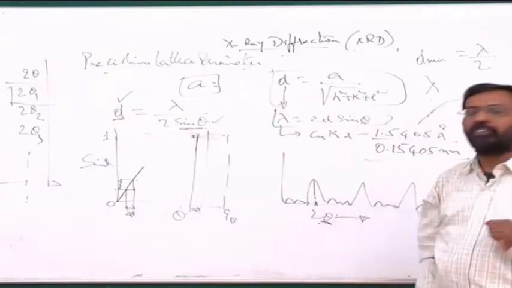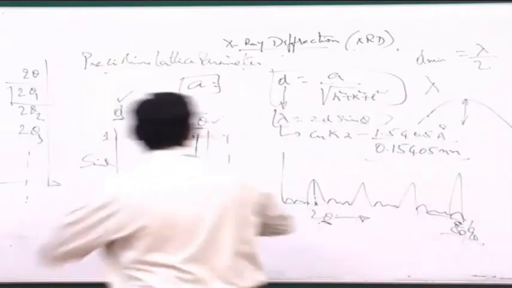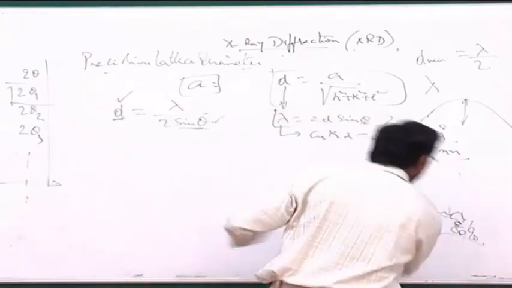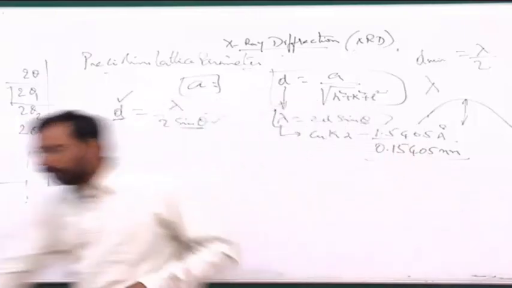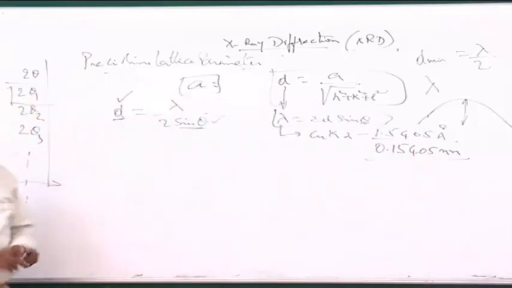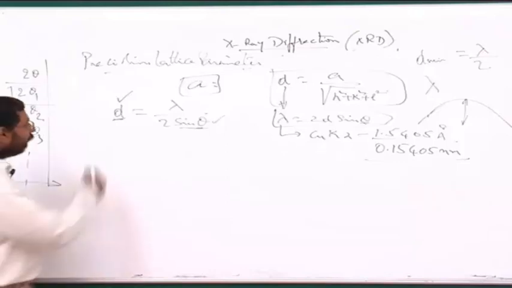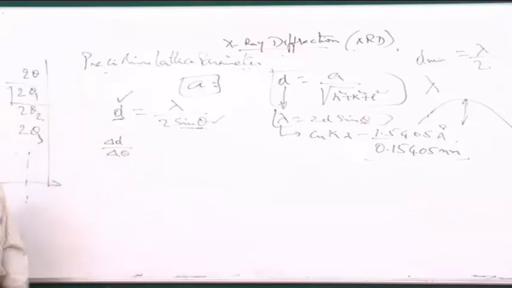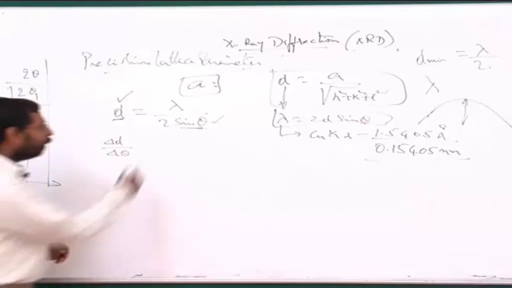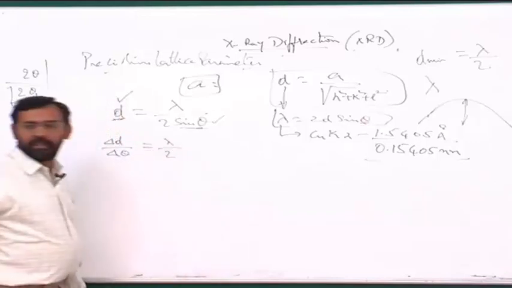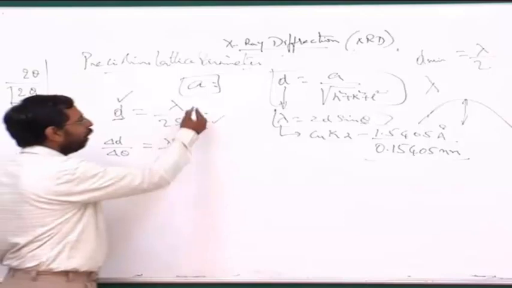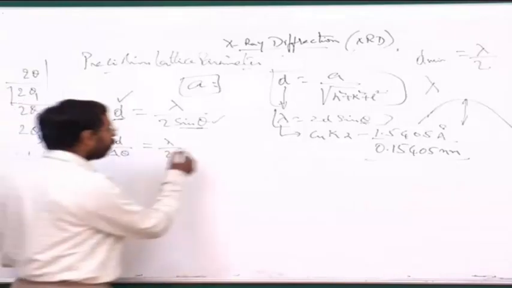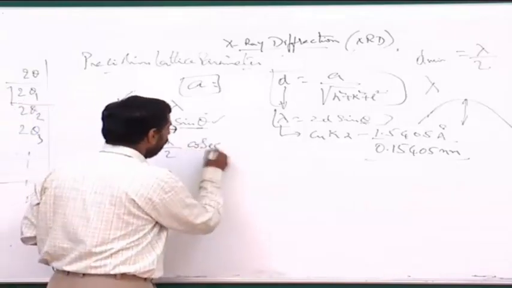To understand this precision lattice parameter calculation, let's do a small calculation with this particular formula that we know. For example, if I know that d is lambda by 2 sin theta, I can differentiate this, delta d by delta theta. If I differentiate d with respect to theta, this is lambda by 2, which is constant, into 1 by sin theta, which is cosecant theta, right? So the differential of cosecant theta is minus cosecant theta cot theta,